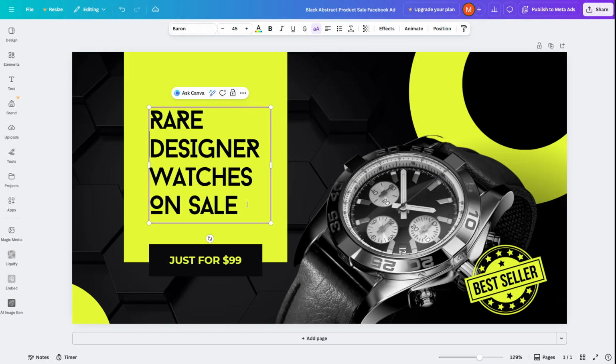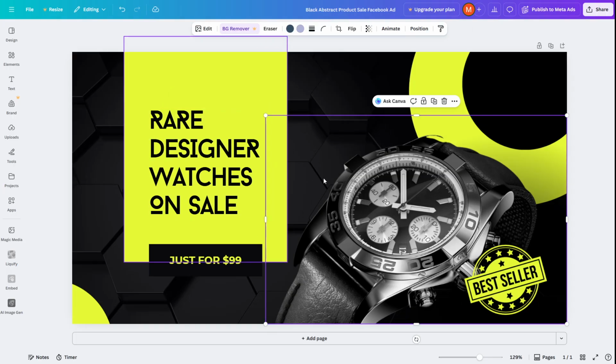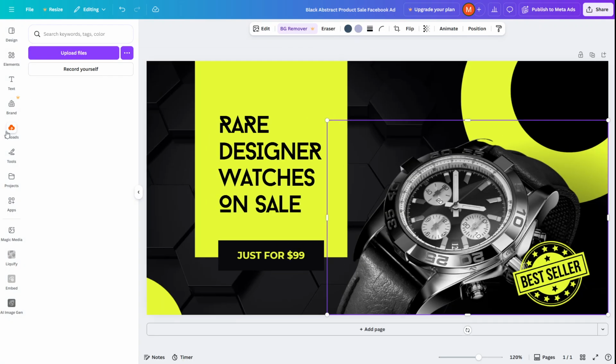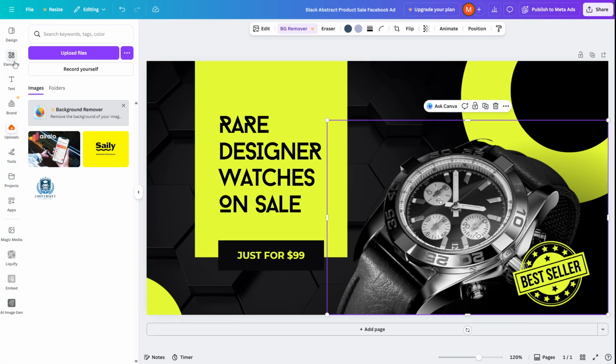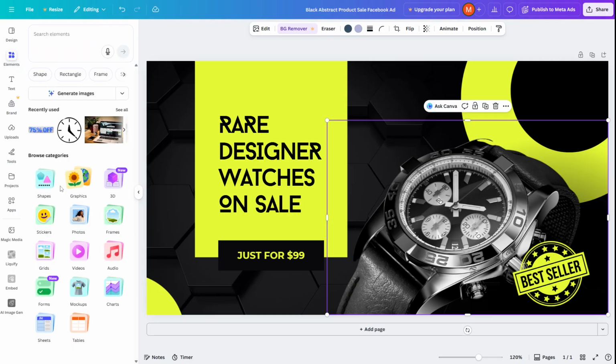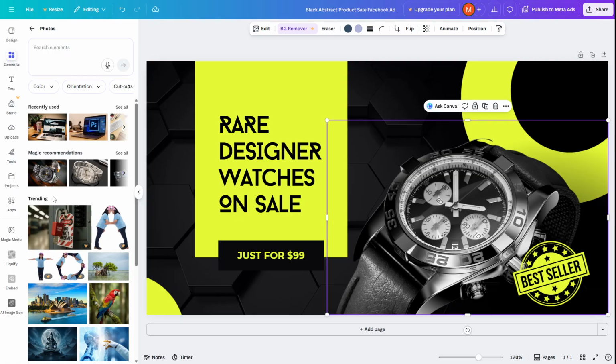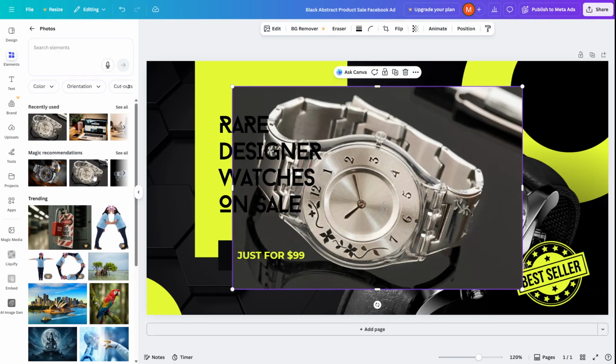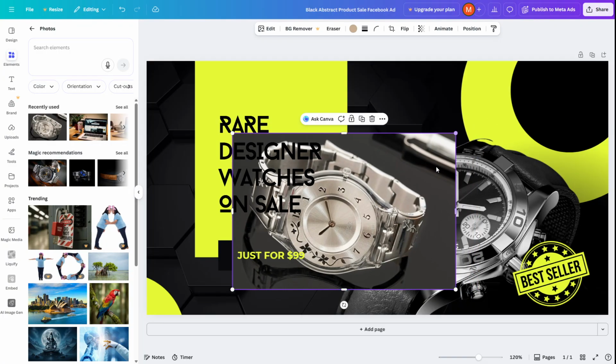After that, let's focus on imagery. You can upload your own product photos or lifestyle shots or use Canva's built-in library. High-quality, unique visuals will make your ad stand out in the feed, so choose something that's both striking and relevant